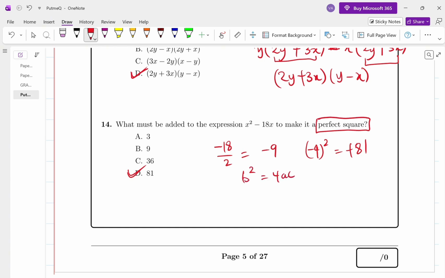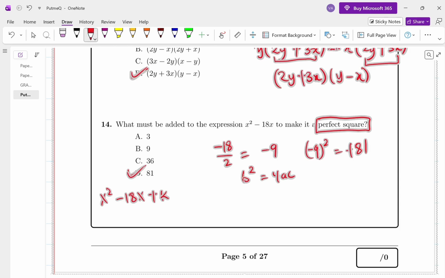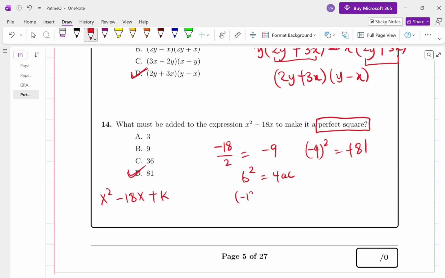So most persons make use of this formula to get the answer. b squared equals 4ac. So what we have is x squared minus 18x. Now they say what must be added. So let's just say that it was k that was added. So our b in this case is minus 18. So we have minus 18 squared